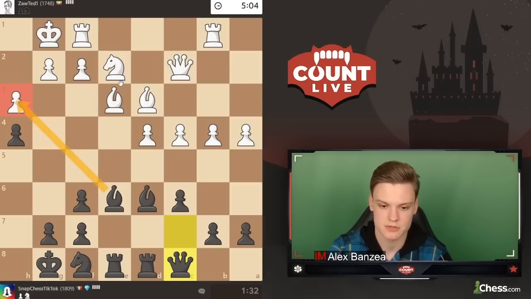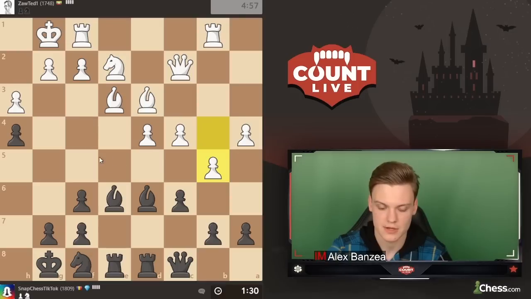I'm just trying to stay flexible. If they play c5, we get a d5 square. Playing a bit of a waiting game. I think he should play something like knight f4 now, but that's actually not working because we can take it, and then, I was about to say that we can take it and then the pawn on d4